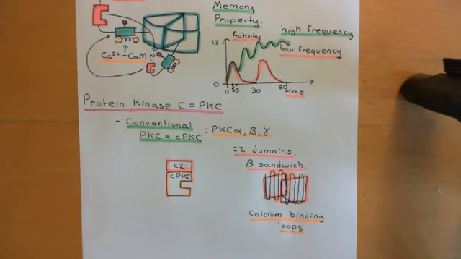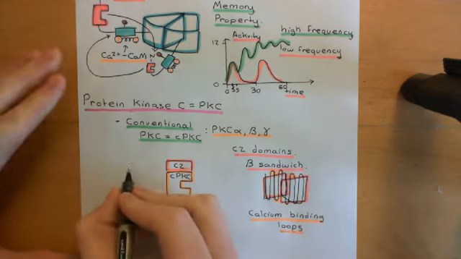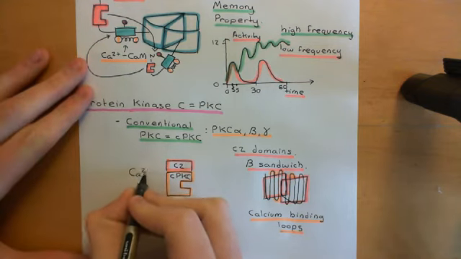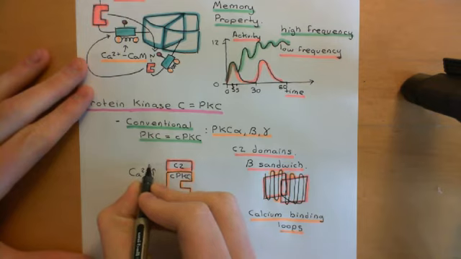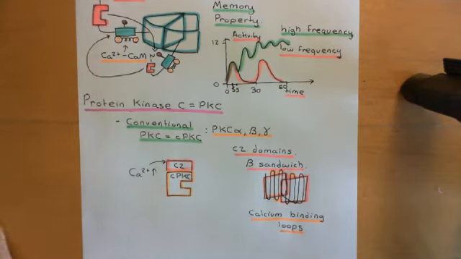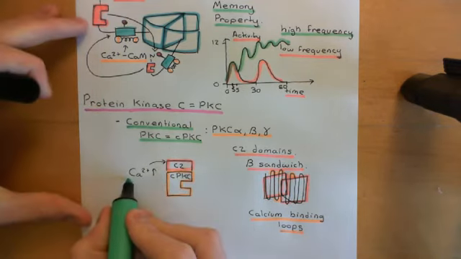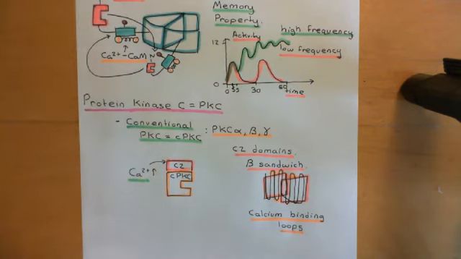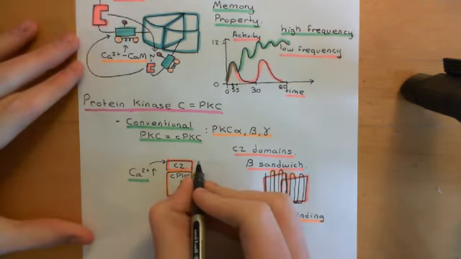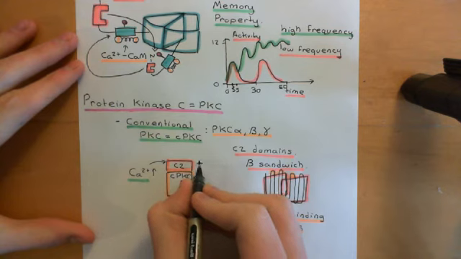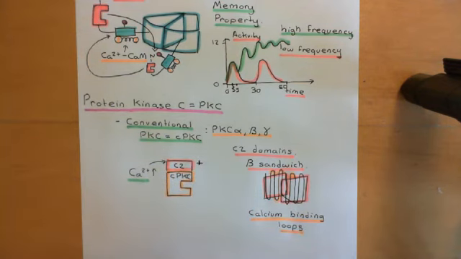Okay, now what's going to happen is when you generate a calcium signal, so when calcium goes up in the cytoplasm above 100 nanomolar, you're going to get calcium ions binding onto that C2 domain. Now what's that going to result in? Well, that's going to result in the C2 domain getting a positive charge, basically, because calcium ions carry a positive charge. So what that then allows the protein kinase C enzyme to do is